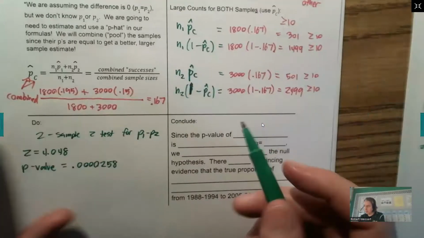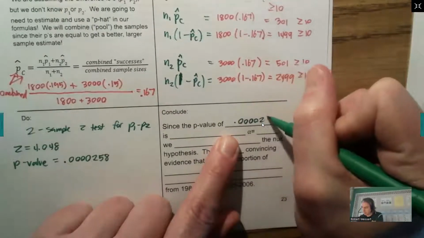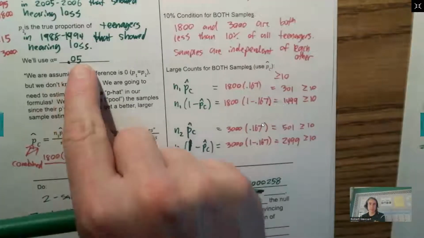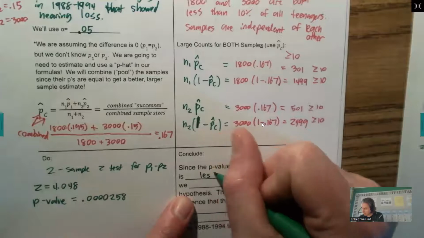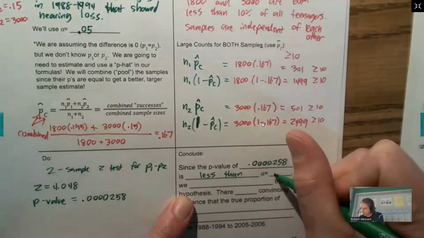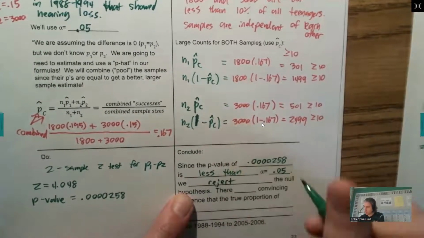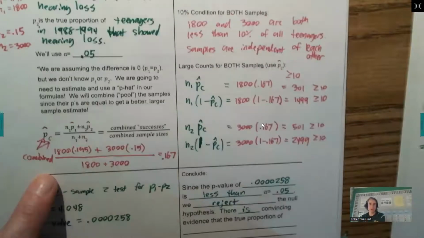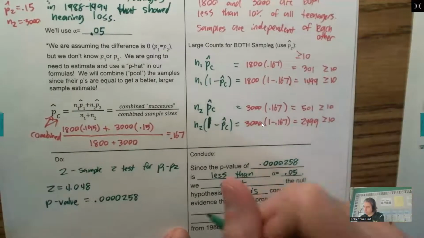And then finally, on our conclusion, what is our p-value? 0.0000258. Obviously, it's very small. Well, how does it relate to our alpha? I used 5%. We could have even lowered that to 1% and still made the same conclusion. So since it's less than our alpha of 0.05, well, what do we do in this case? We reject the null hypothesis. There is convincing evidence that the true proportion of, what are we talking about? Teenagers, the true proportion of hearing loss in teenagers